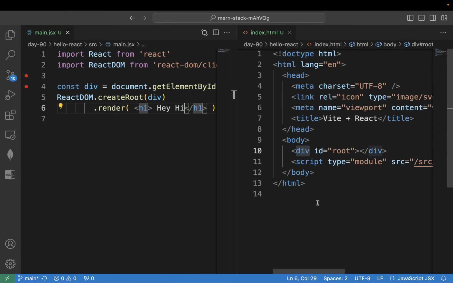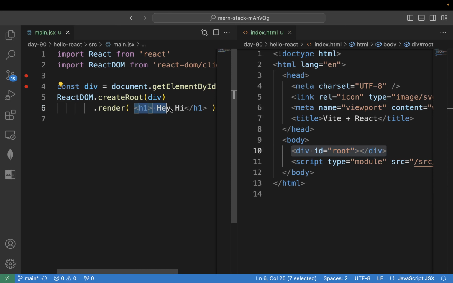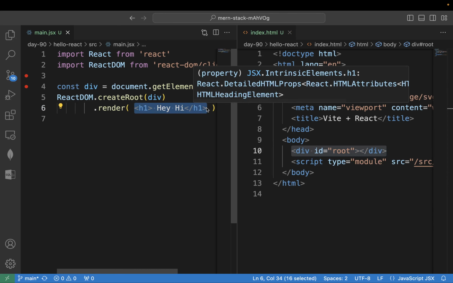Which means that your whole React is nothing but this main.jsx. So inside this div, can you see? Inside this div, you are loading this h1. You can load anything